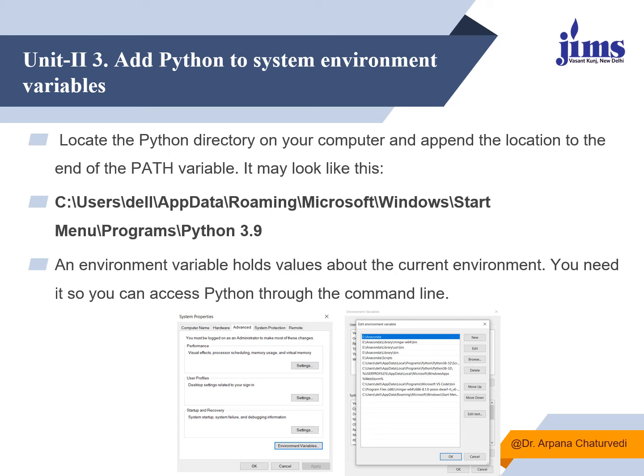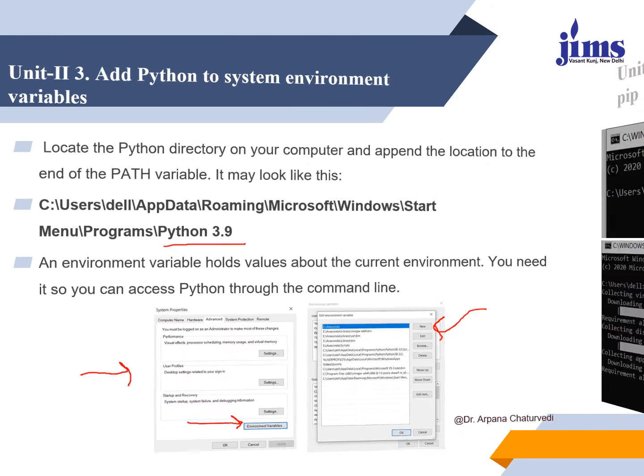Once Python is installed, you can add it to the system environment also. To add this particular path to the system environment, you need to go to My Computer and right click. The moment you right click, this kind of window appears. There will be an option called Environment Variables. Go over there, select Path, then go to New and make an entry of the new path where Python is installed in your system.